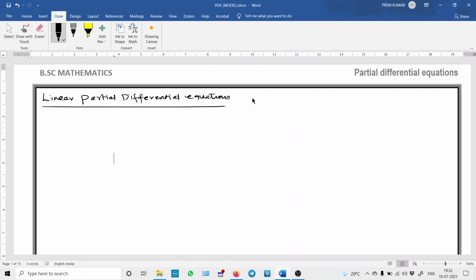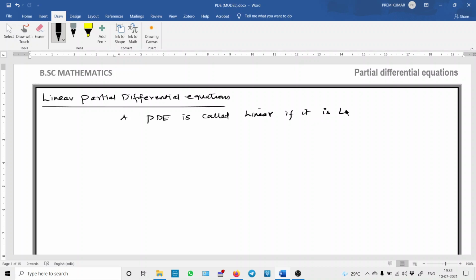There are various definitions available, and a partial differential equation is called linear, a linear PDE, if